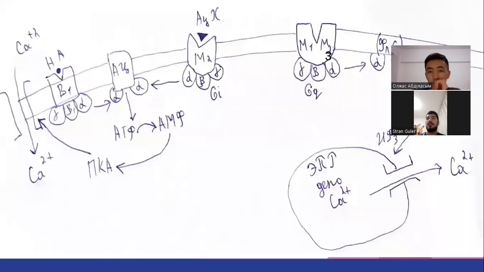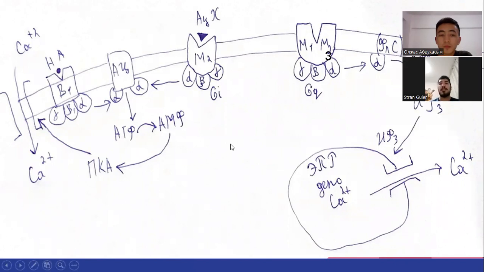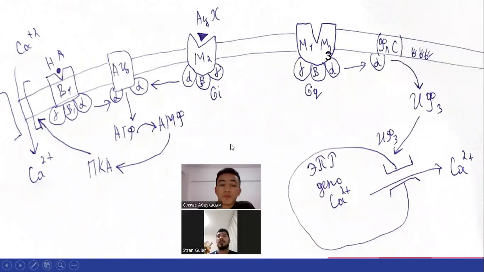Other slide, please. PLCs are cytosolic enzymes that are transferred to the plasma membrane during stimulation of the receptors. When activated, they hydrolyze membrane phospholipids, phosphatidylinositol 4,5-bisphosphate, into intracellular signals, DAG and IP3. DAG directly affects some members of the PKC family. IP3 diffuses into the cytoplasm, where it activates IP3 receptors on the endoplasmic reticulum membrane, leading to the release of accumulated calcium from the endoplasmic reticulum. The release of calcium from these intracellular stores increases calcium levels in the cytoplasm within seconds